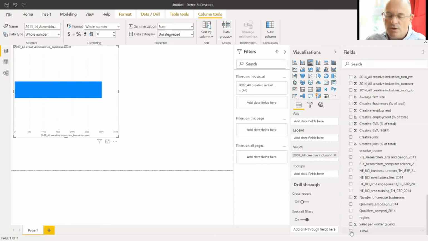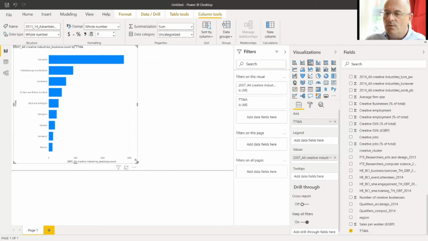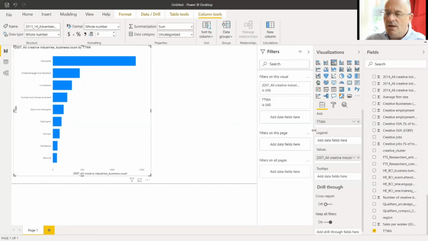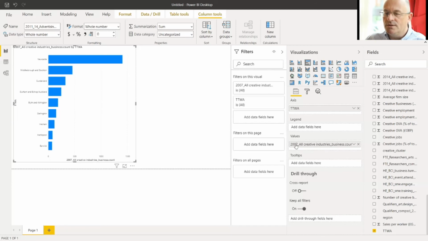If we put travel to work areas on this as well, you will see that these are geographic areas, and it will add those as the axis, the vertical axis, automatically. TTWA is travel to work area. And so it will by default create a count of the number of businesses in all creative industries in each travel to work area in the northeast of England. So yeah, there's the business count and the travel to work areas, and that should give us a nice